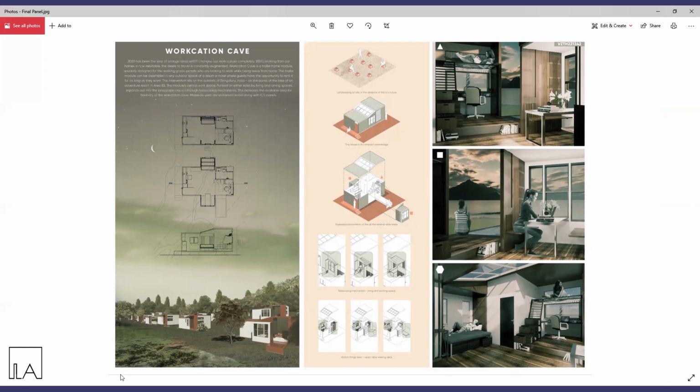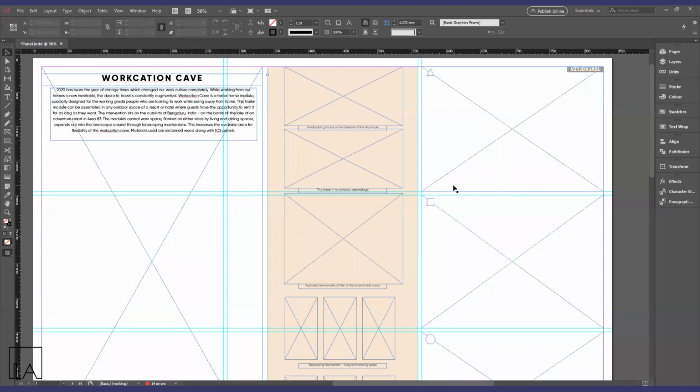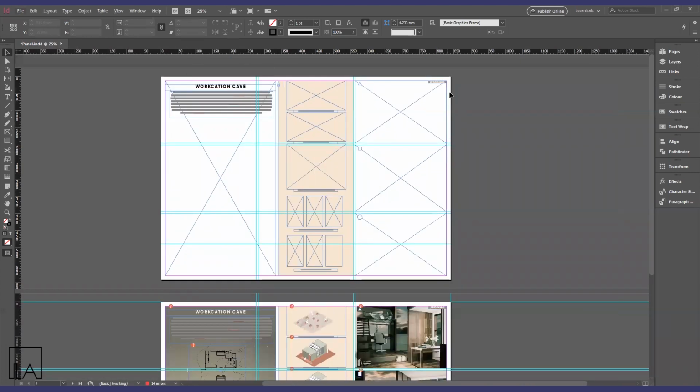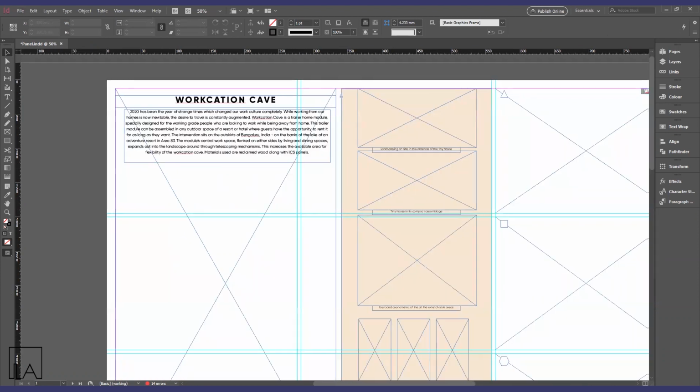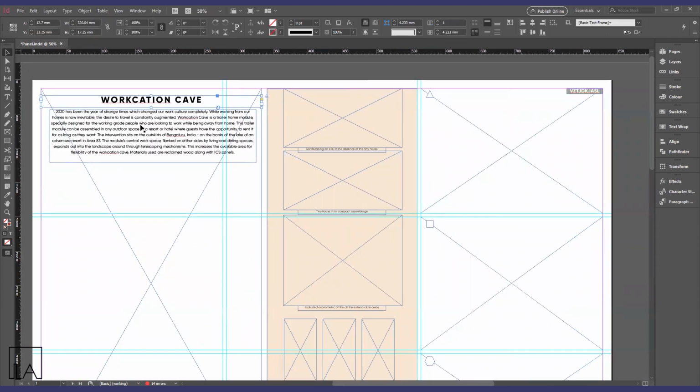Now the panel has been created inside InDesign, and as you can see, it's an A1 panel that was created for the competition. And the way in which we've gone about this is to make sure that the panel is divided in such a way that it gives equal weightage to the different parts of the process that we want to explain. So the first is nothing but the small description of the project. Now the placement of all of these is something that you can decide by yourselves. This is just a sample that's being shown to you all. So as you can see, we have the project description.